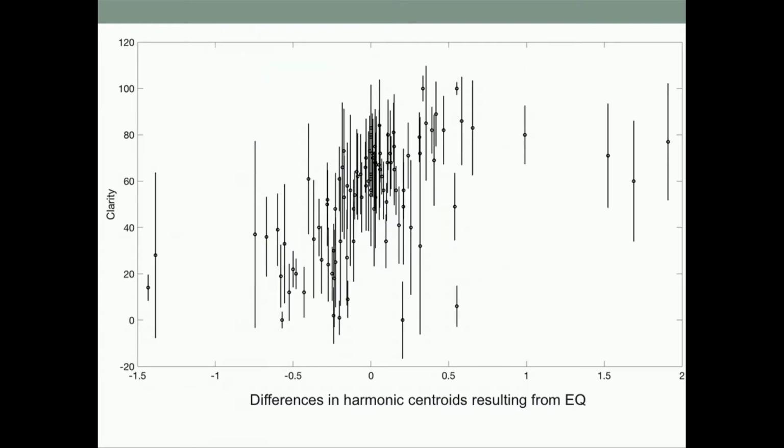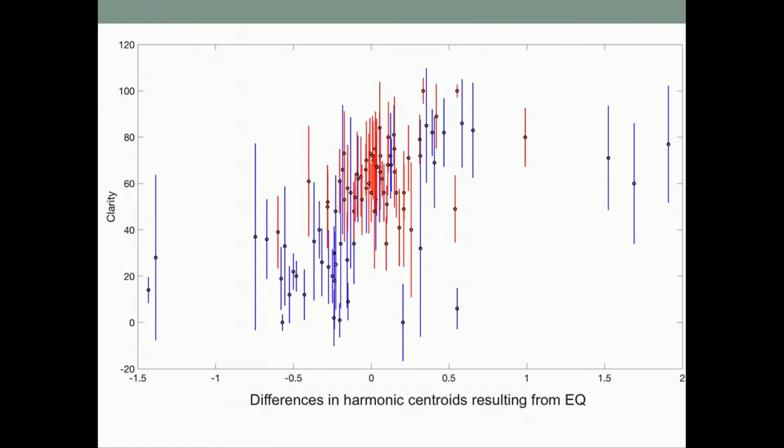So the harmonic centroid is basically the spectral centroid divided by the harmonic. So it's basically what harmonic does the central mass of energy of a spectrum sit on. And the higher that is, the clearer it is going to be. So that was the case for my listening test. You can see that there's a line where it goes up. The higher the harmonic centroid is, the greater clarity is.